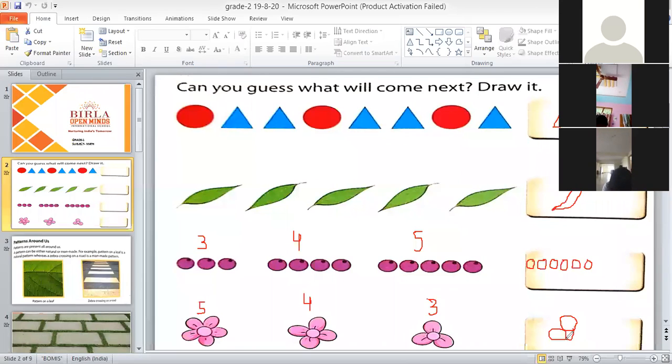Okay, so I hope you all have completed. Is there anyone who is still drawing these patterns? Yes, children, is there anyone who is still drawing these patterns? No? Okay. Now, children, we'll move to the next page. That is page number 149. I'll clear all this and we'll move to the next page, page number 149.